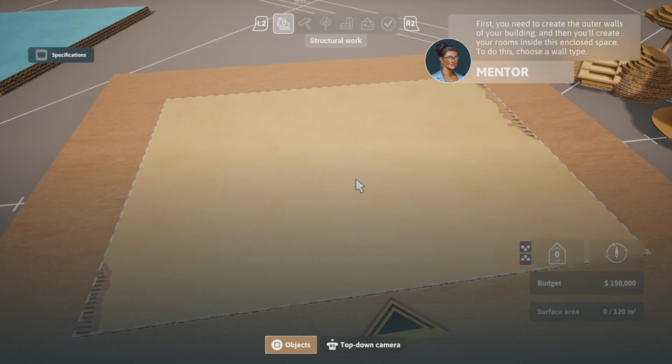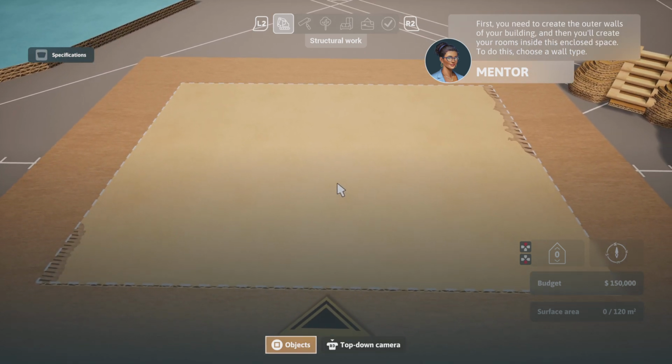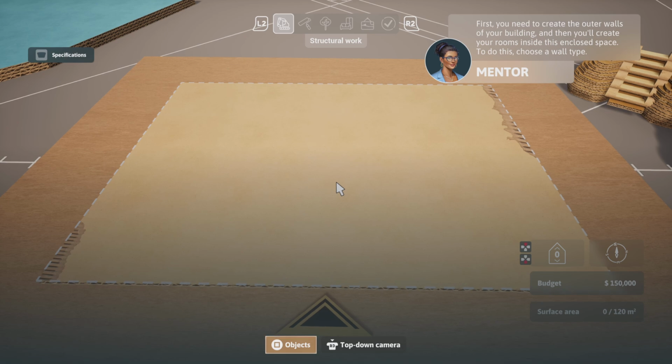Objects. Okay, first you need to create the outer walls of your building, and then you'll create your rooms inside this enclosed space. To do this, choose wall type. Okay,